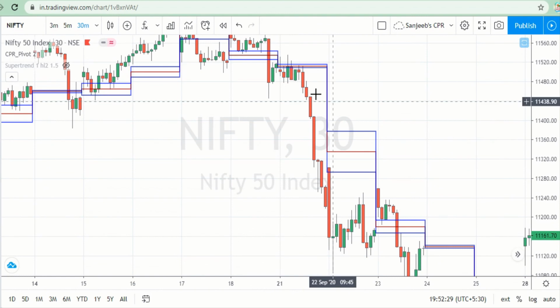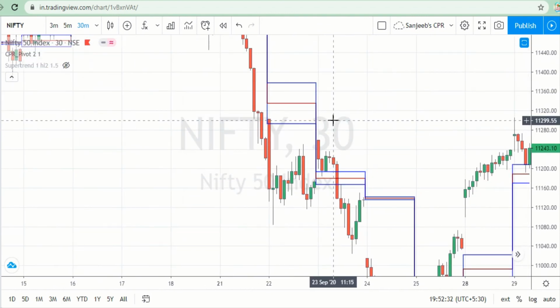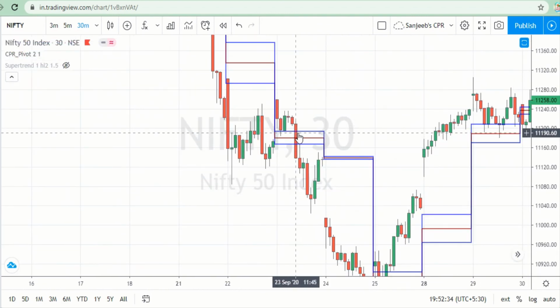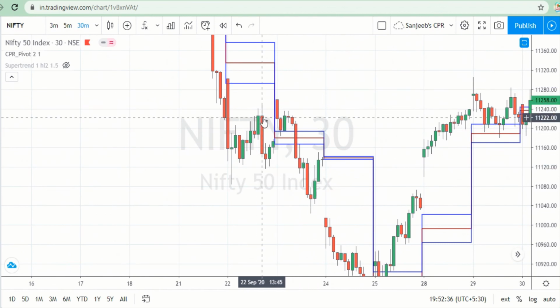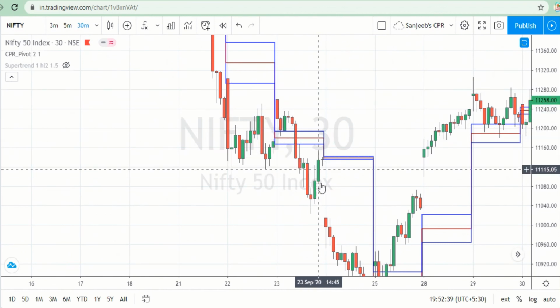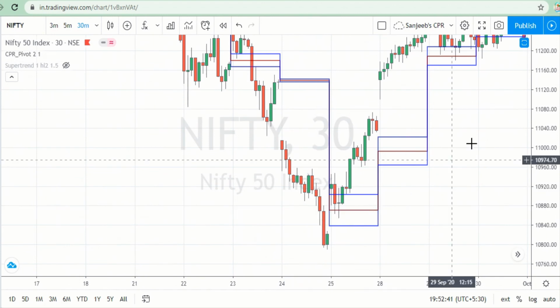Here confirm the downtrend. See, it is confirmed the downtrend. It is and close also below the CPR. It is close below the CPR. Okay. Then here